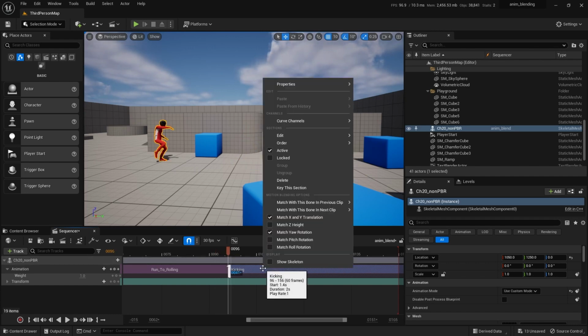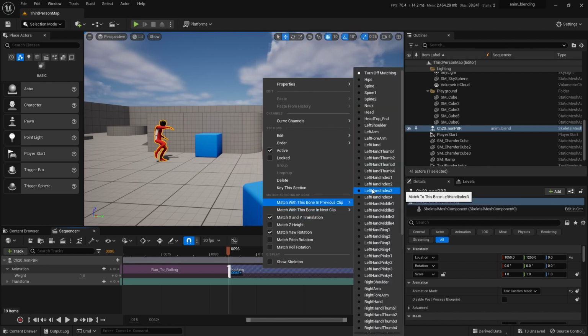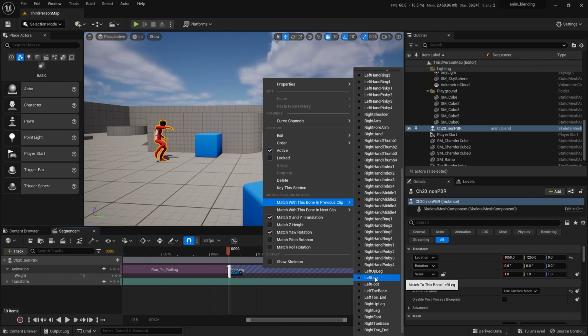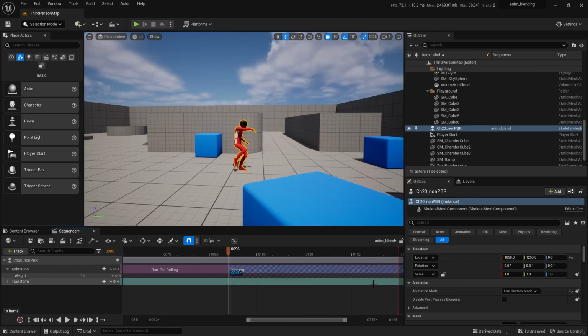Let's right click, or a different bone. Let's go to this one. We'll try the left foot because his left foot is planted in both cases, and hopefully this will pull the foot around in the other direction. And let's see, where are we going to find left foot? Left foot. All right, so that snapped this character hopefully to match that one.